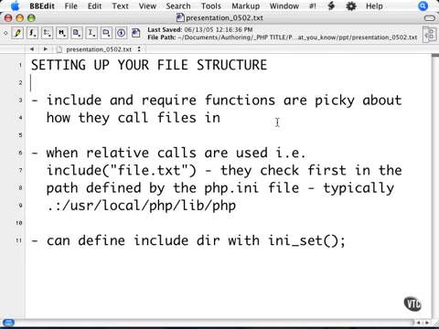Organizing your file structure is essential to the effective use of includes. If you have includes scattered all over the website, it is easy to get confused and lose track of them. The include and require functions are somewhat picky when it comes to the location of files. The first place that an include will check for a file is the directories that are set in the php.ini